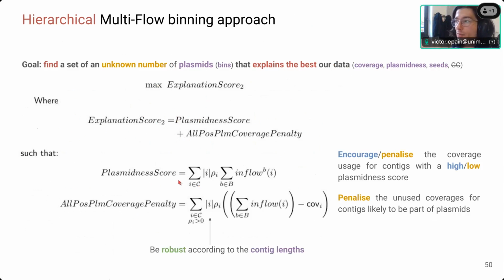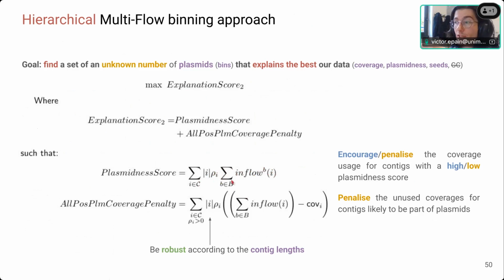Okay, the plasmidness score. We want to encourage or penalize coverage usage for contigs with a high or low plasmidness score. The plasmidness is rho i here. Okay, i is a contig, the length of the contig, and the sum of the input flow for the bin B, for the flow B of contig i. So what is it? The sum is the usage of the coverage of contig i in the bin B. Okay.